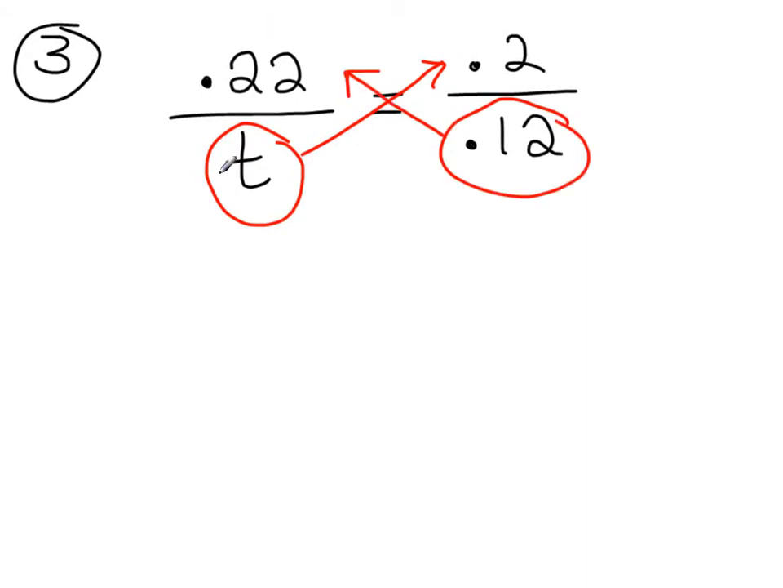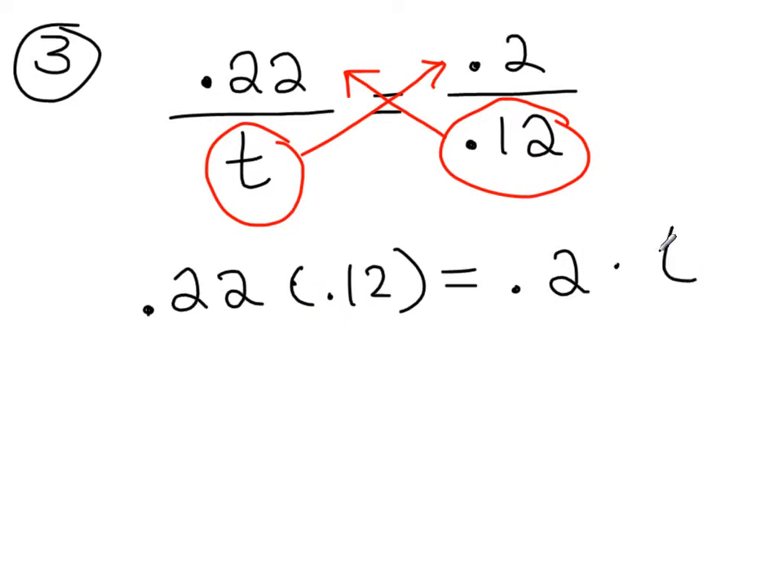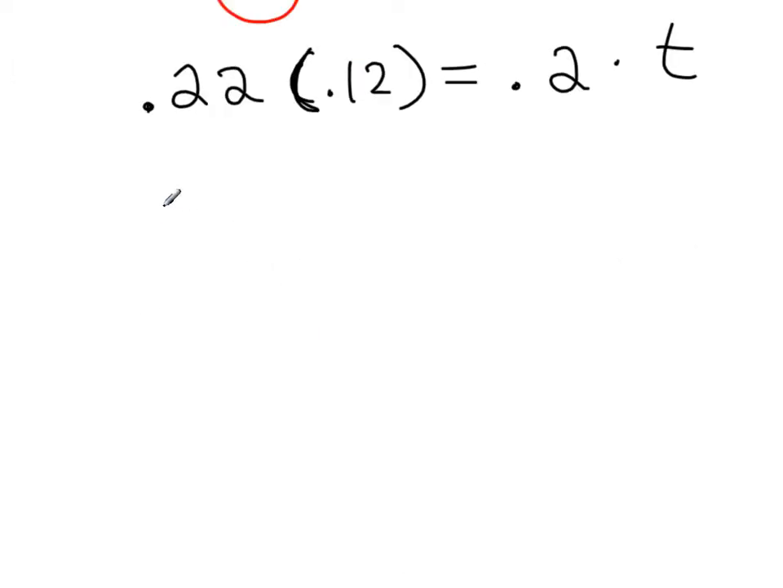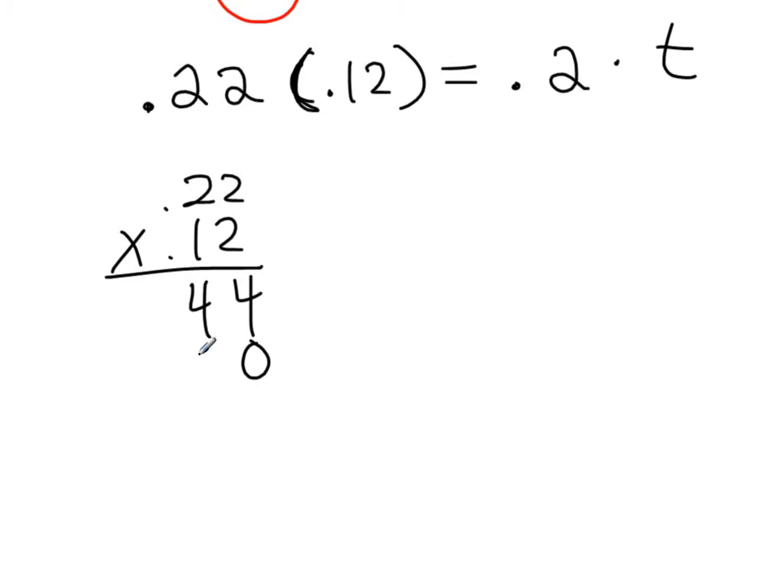So, we have 0.22 times, and I'm going to use parentheses so it looks better, 0.12 equals 0.2 times t. And I'm going to go ahead and multiply these two things together because they're decimals and I can multiply them together. I'll do it long ways. 0.22 times 12. I got 2 times 2 is 4, 2 times 2 is 4, placeholder, 1 times 2, add up the digits,